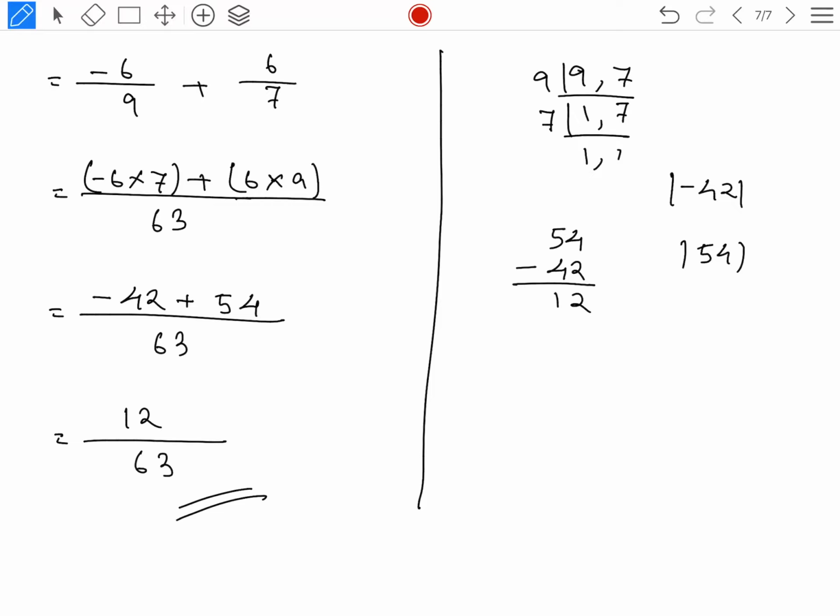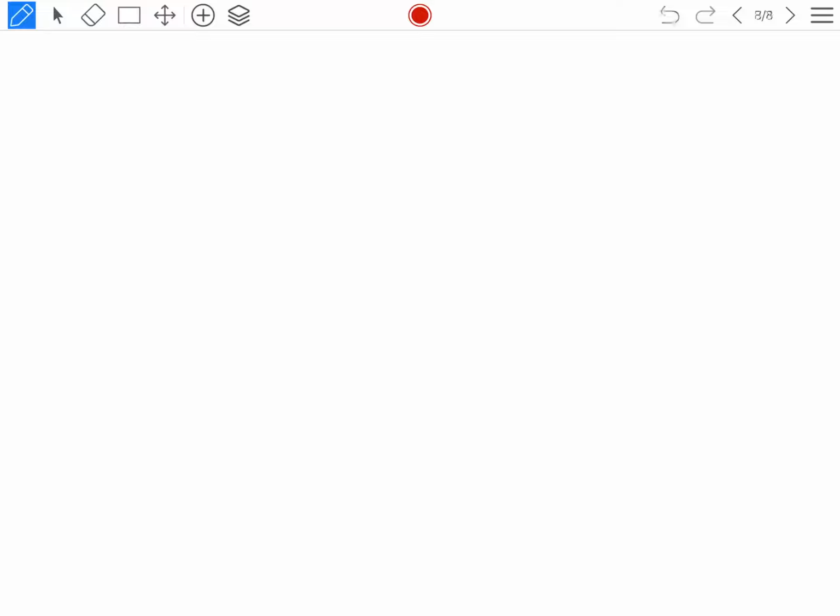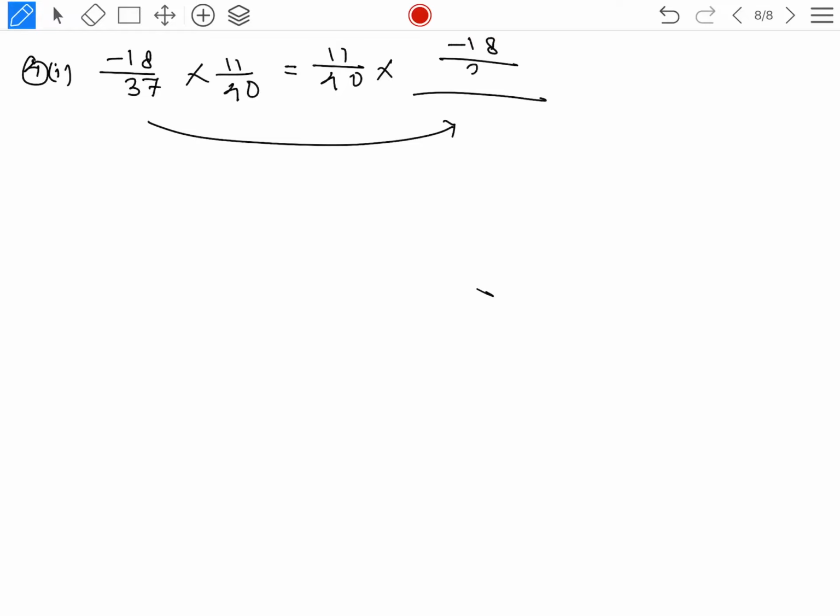So I think you have understood the simplification. See, these are not difficult, but you need to practice. Okay. Then question number 4, fill in the blanks. These are very easy. These are just properties given here, so we'll be able to solve this. How will we solve? See, first one it is given minus 18 by 37 into 11 by 40 plus equal to 11 by 40 into dash. In the place of dash you will put minus 18 by 37. This is one property. Because these properties we have already learned, no? So the rest of the fill in the blanks you will do by yourself because those all are properties. Nothing difficult is there. Okay.